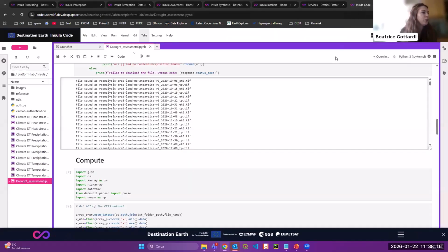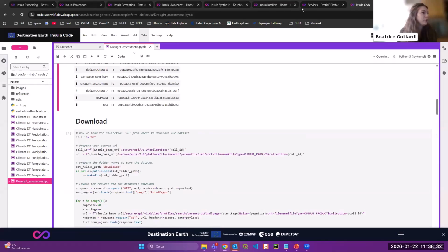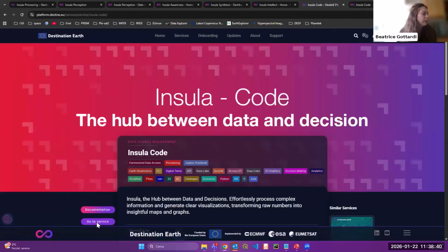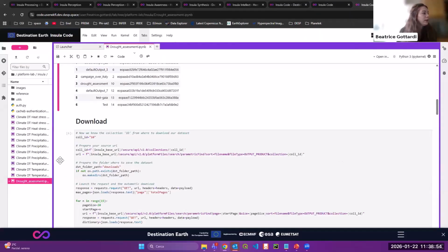And going back to the more coding phase, at the beginning you might need to test your code before injecting your processing campaign in Insula Intellect. And here, just going through Insula Code and go to service. If you are already logged in, it will start immediately the environment in the cloud. Here you have